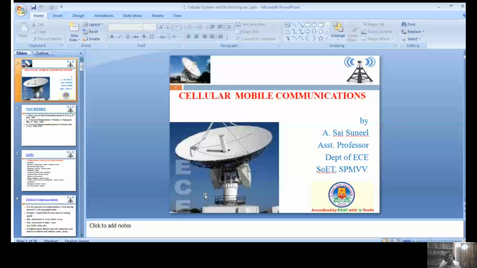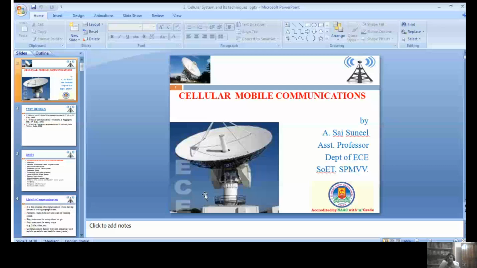So, for this cellular mobile communication, Unit 1 is Introduction to Cellular Mobile Systems, the basic concepts. Here in this Unit 1, the first topic is Introduction. The second is the conventional mobile telephone system, conventional mobile telephone, not the cellular mobile system, and the basics of cellular mobile system, and what are the generations, and what is the performance criteria,